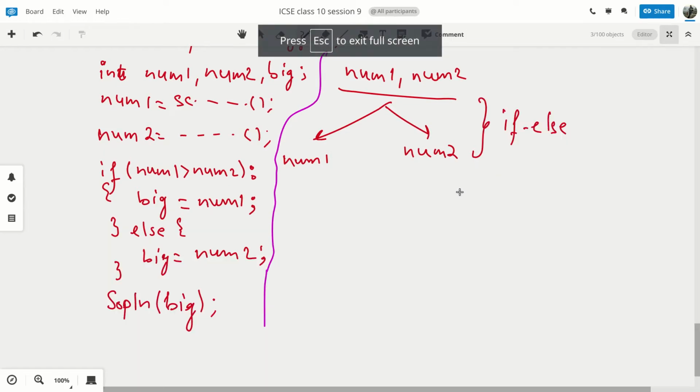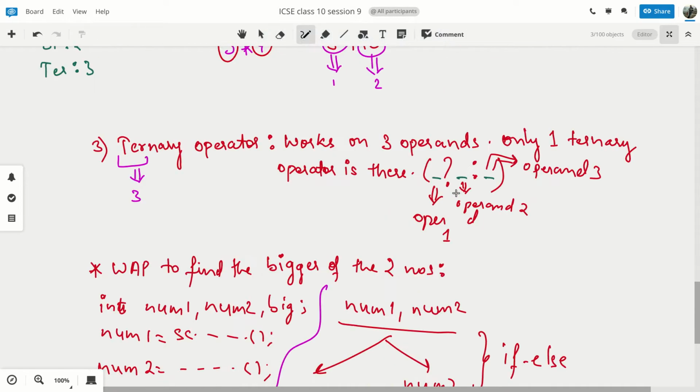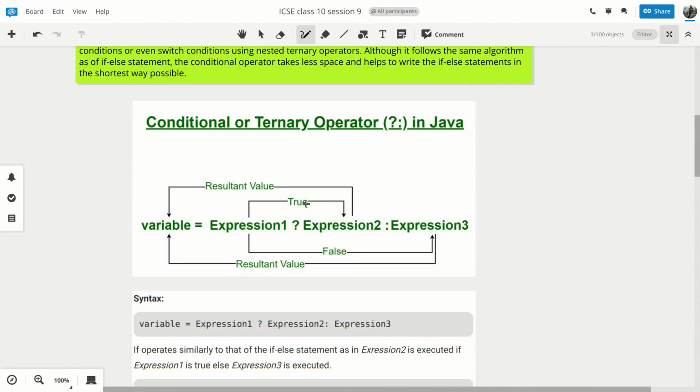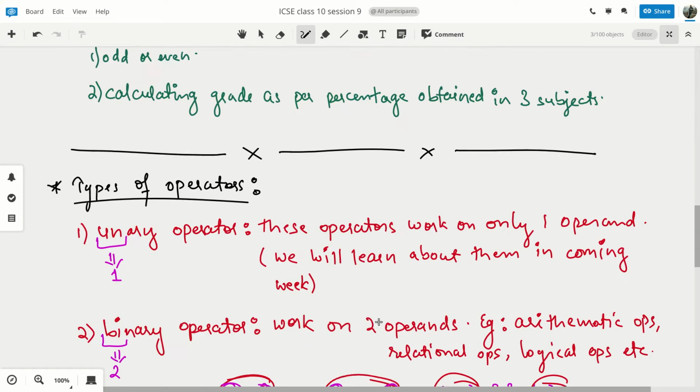So now what we are going to do is, we are going to write the same version of the program. Like we have seen, it is possible to convert most of the if else programs using ternary operator in one single line.